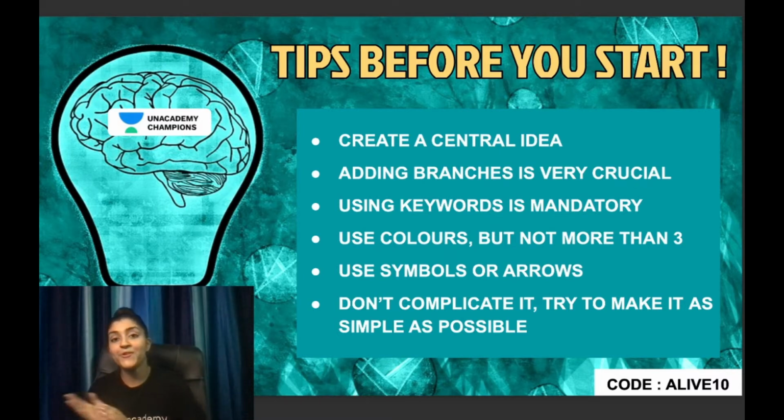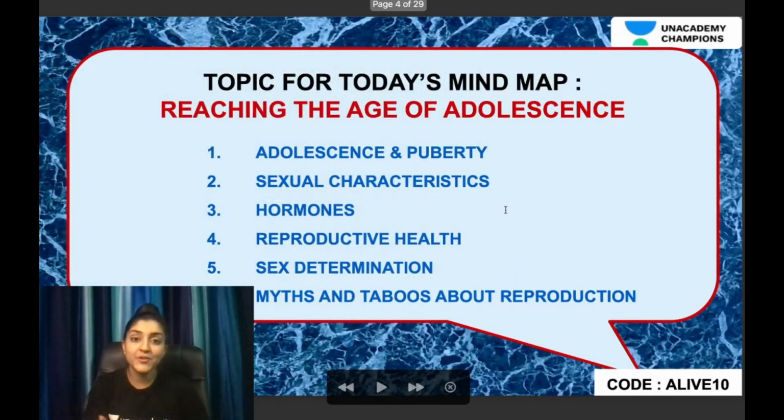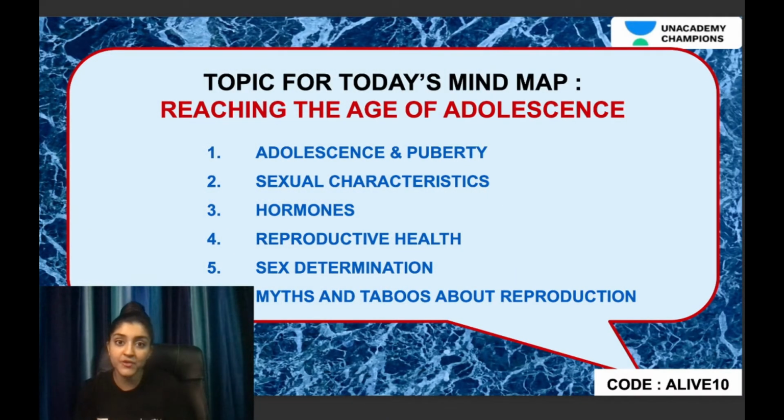So let's see what chapter I have chosen for you from the 8th class. This is actually one of the most difficult and challenging ones to make a mind map from, because first of all, it is from biology, and it is a conceptual and theoretical chapter. It is very easy to make a mind map of physics one, or maybe from maths or some English.